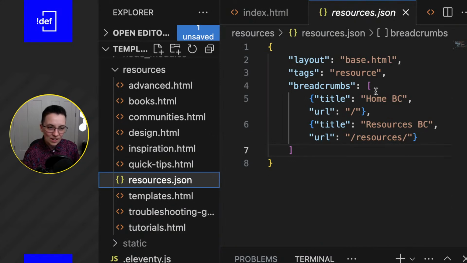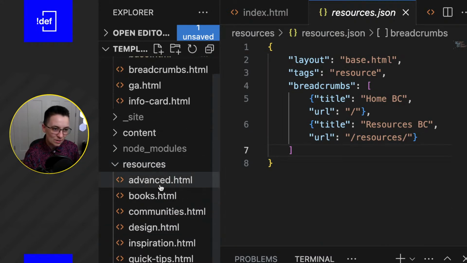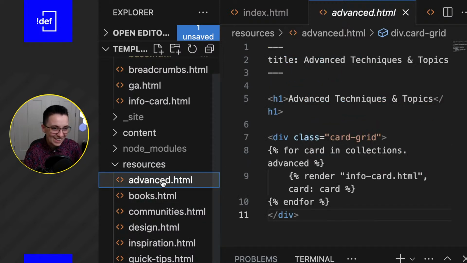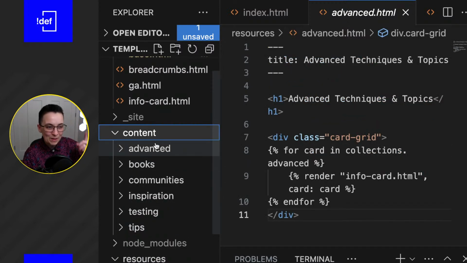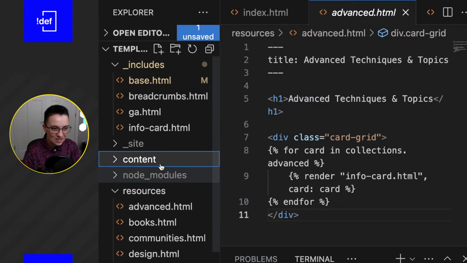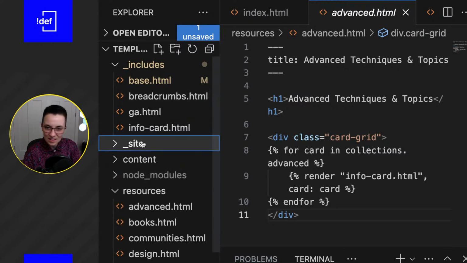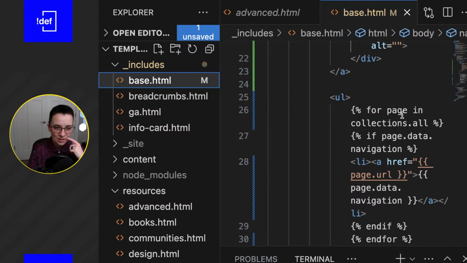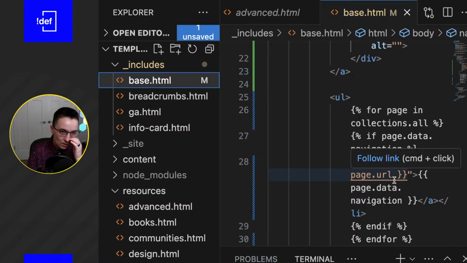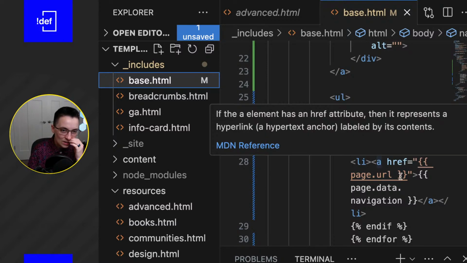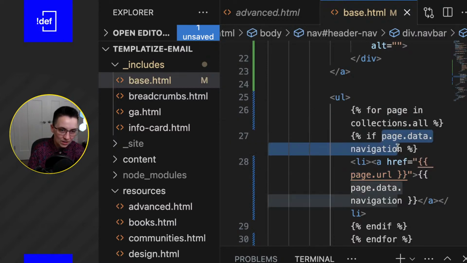Resources. Oh, okay. Oh wait, no, that's not right, because I remember that's not working. I do remember when things weren't working. That tends to be the case anyway. Let's see. It's not in there. That's the folder that you push live. For page in collections.all. Oh, it's collections. Oh, that's right. Okay. And then I'm saying for the page data,